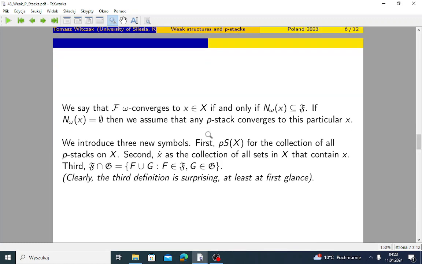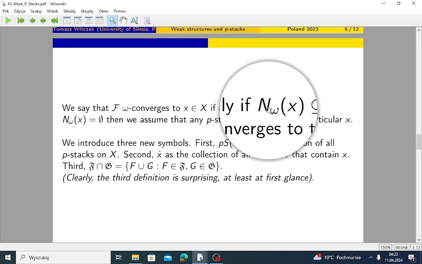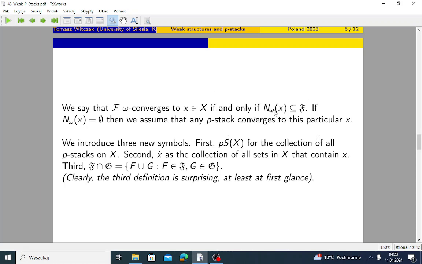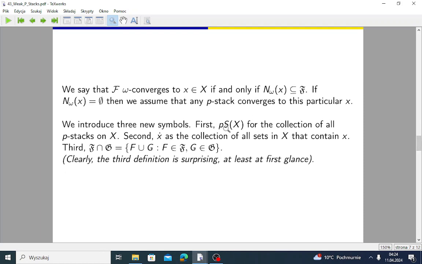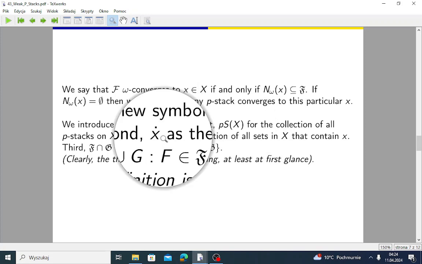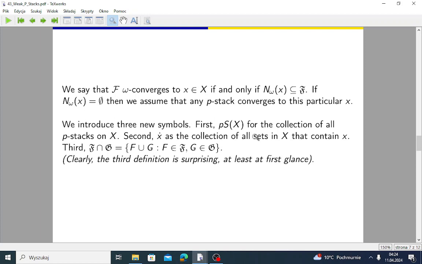We say that our p-stack converges to x if and only if the whole family of neighborhoods of x is contained in F. If this family is empty, if there are no neighborhoods, then we assume that any p-stack converges to this particular x. There are three new symbols introduced by Güldürdek. First, the collection of all p-stacks on X, then x-dot, the collection of all those sets in X that contain x, so in some sense supersets of the element x,